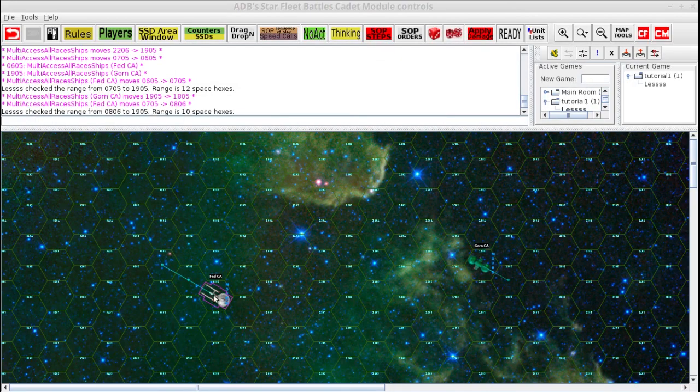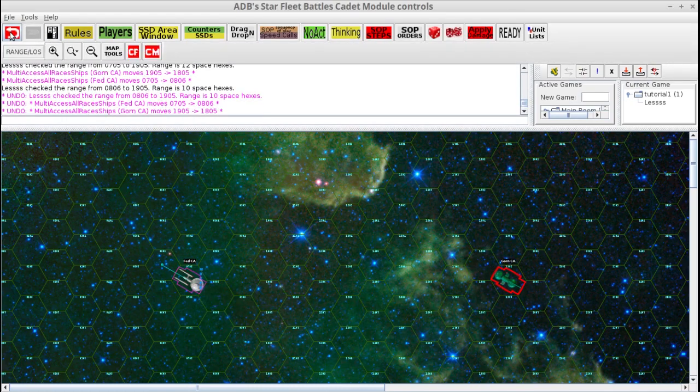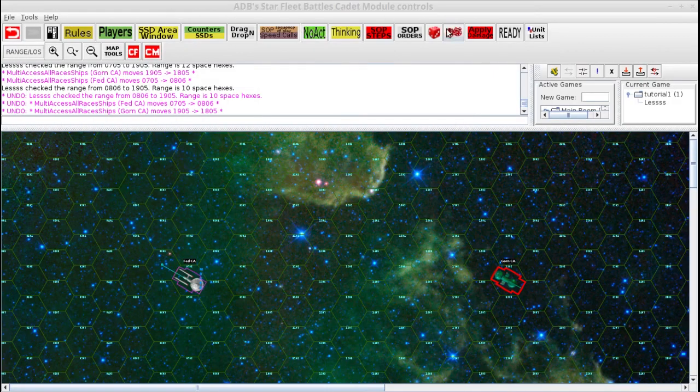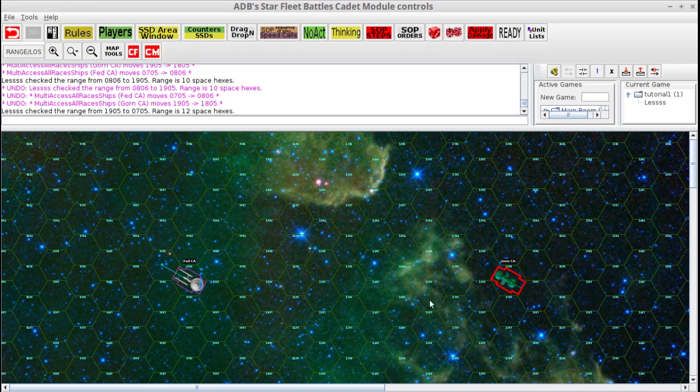So in the run-up to range 10, right here is the line for the extreme edge of the plasma arc for the right portion arc. So it's this line here. So at a range of something, what is that, 11 or 12? At range 12, the Gorn could launch its right side plasma